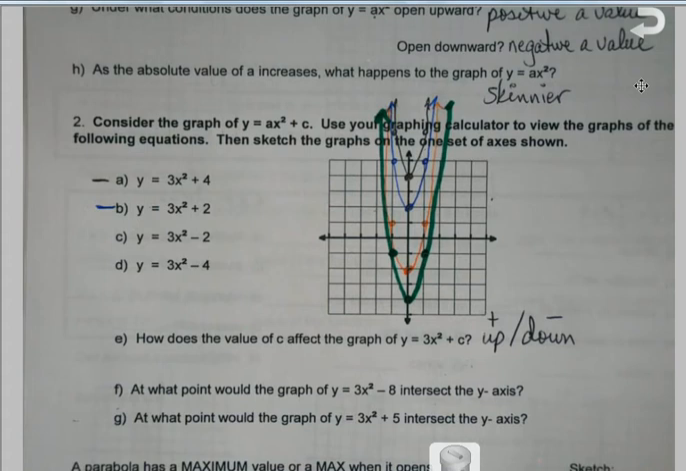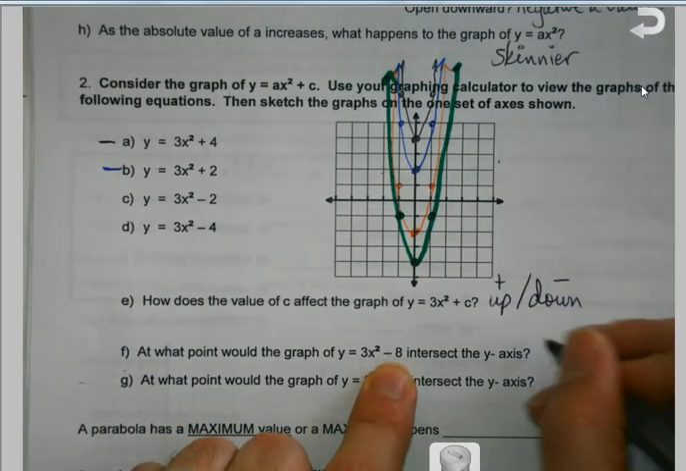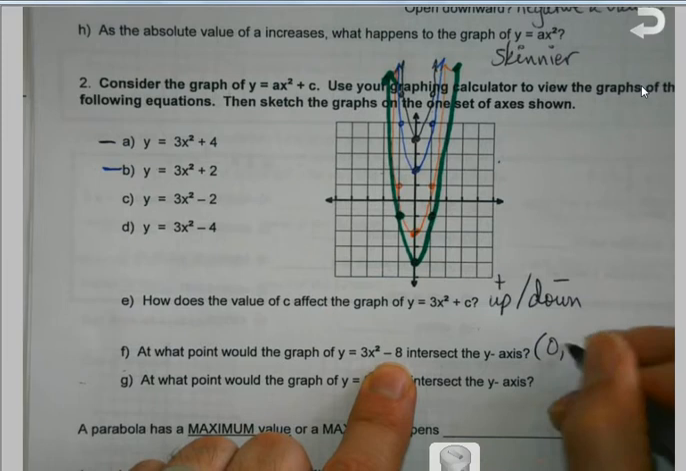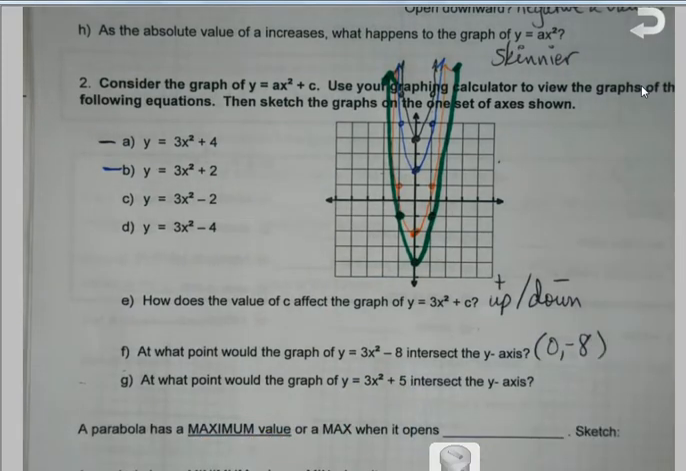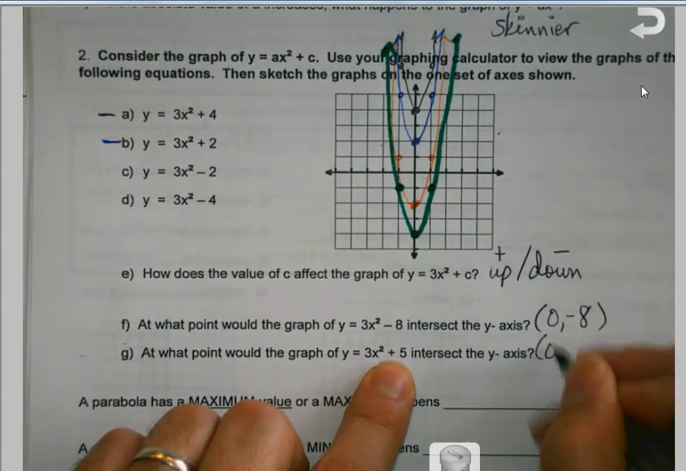So, if you get a question like F or G, life should be fairly simple. So at what point would the graph of y equals 3x squared minus 8 intersect the y-axis? Think about the ones you just graphed. If you just have that value on the outside, your graph's going to intercept the y-axis at that point. Unless you have some other sort of shift, and we'll talk about that in a bit, that's going to be where my intersect would be. If it's a positive value, again,